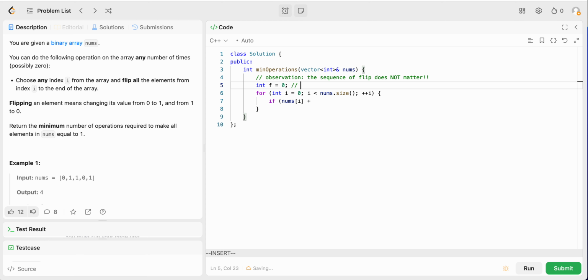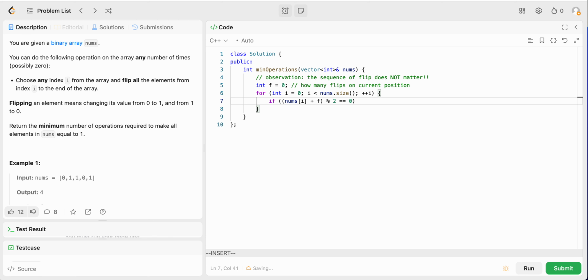So this f is how many flips on the current position. So it's nums[i] plus f. If this number is even,